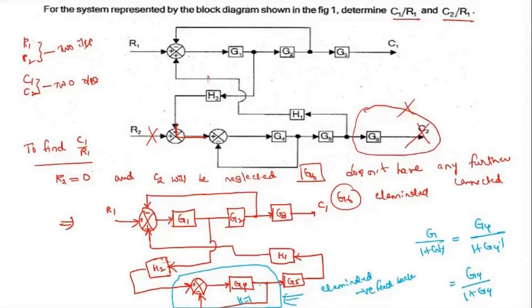So this blue color box will be replaced with the help of this block. Okay, fine. So now let us draw one more time the equivalent circuit diagram, the resultant block diagram. So now I will draw the diagram. First symbol is the summing point as it is, plus minus, here at the bottom also plus, here it is taken as R1,